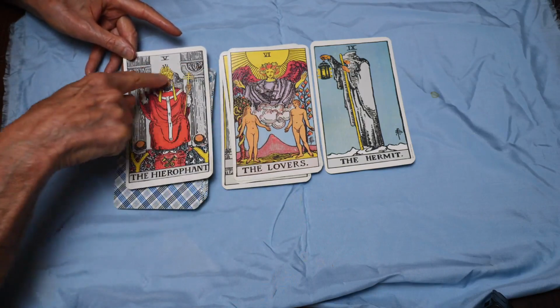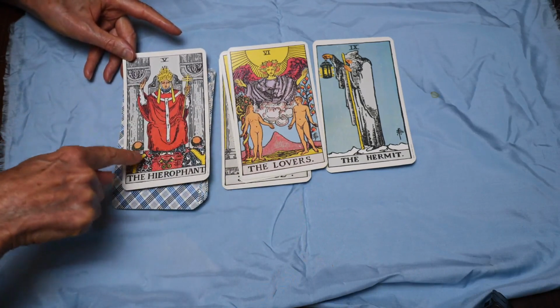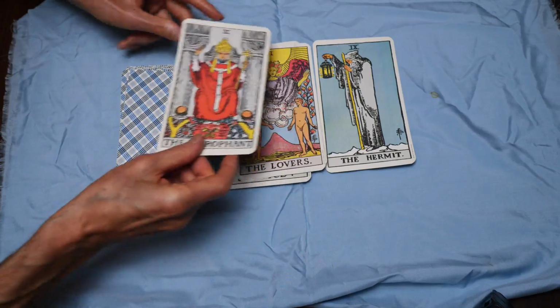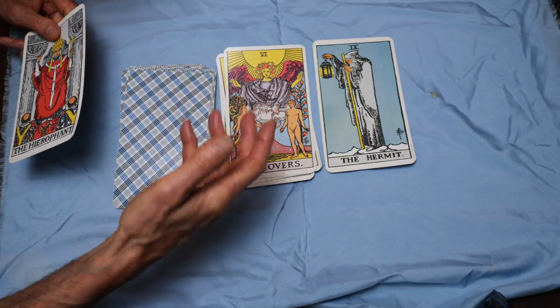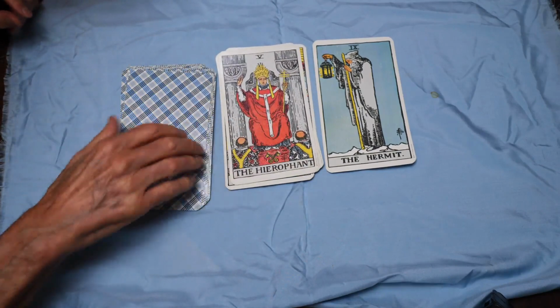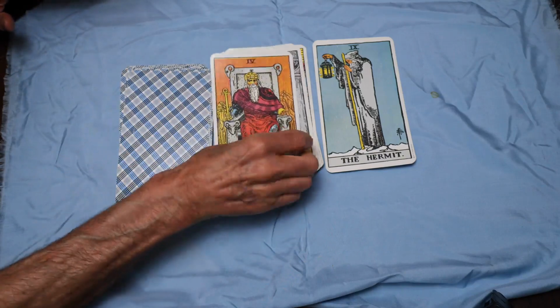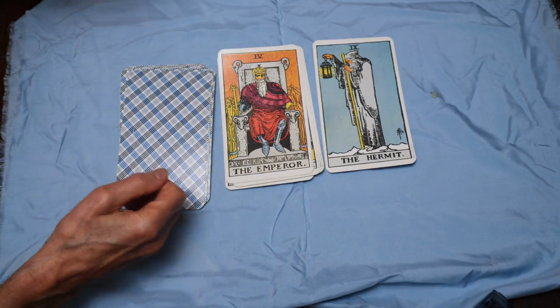The angel above becomes the Pope, or the Hierophant, and the man and the woman become the two students down below. So we take the beautiful, intangible, untouchable reality, and we're going to bring it down to earth. And the next step is focus on the masculine, focus on going out and making things happen and building and